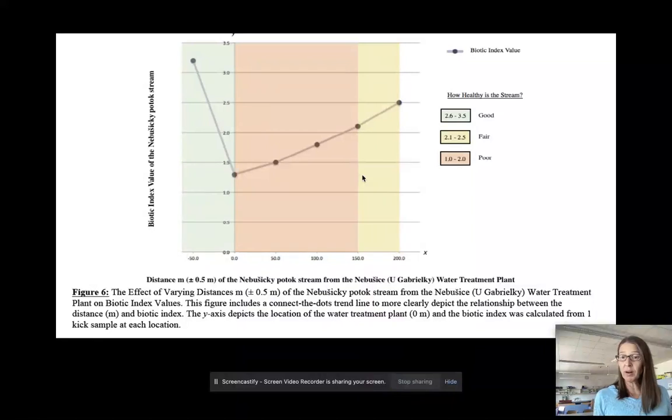This was some field work that was done looking at the nitrogen levels or the nitrate levels and the pollution, and the biochemical oxygen demand in the water, upstream and downstream of a water treatment plant that's right behind the school here. And they saw some really significant changes. So here's upstream. They saw actually really good quality water, and then it dropped right after the treatment plant and then slowly started to recover as you went downstream.